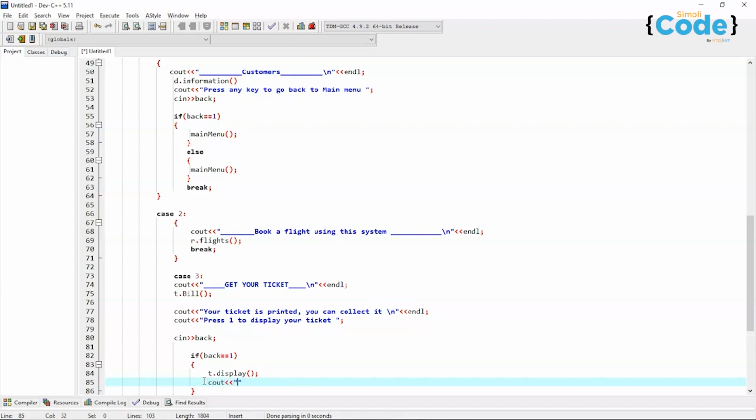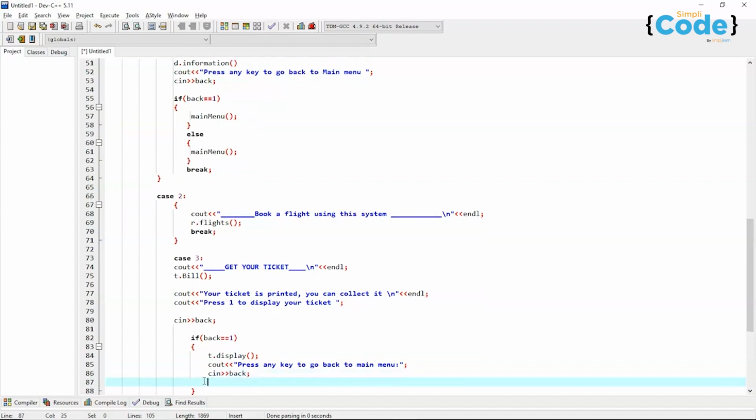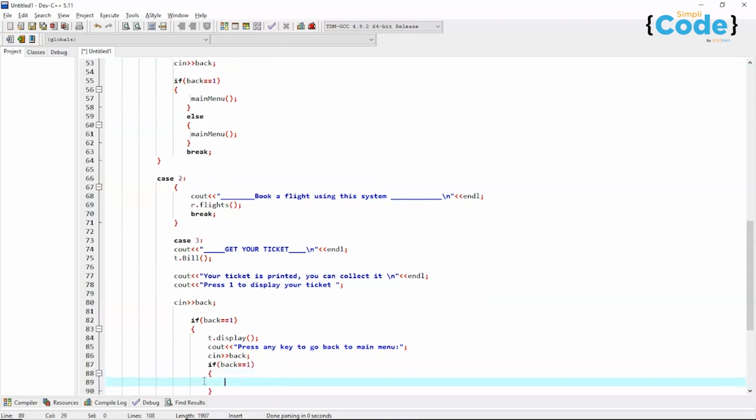So we'll write press any key to go back to main menu. Alright, now after that we'll take the input of this and if back equals to 1, then we'll write